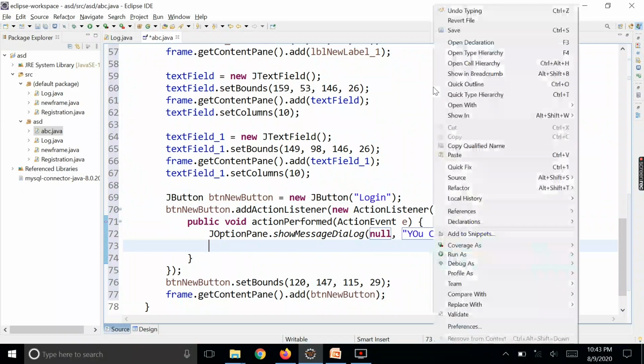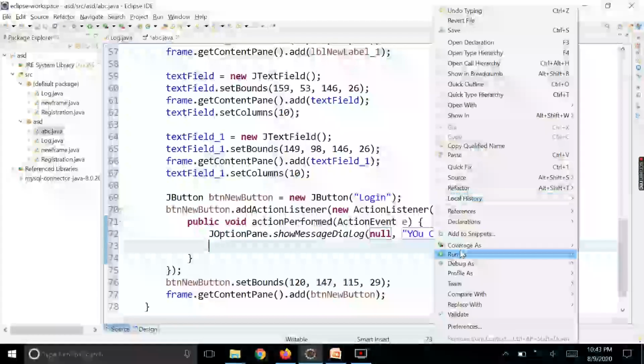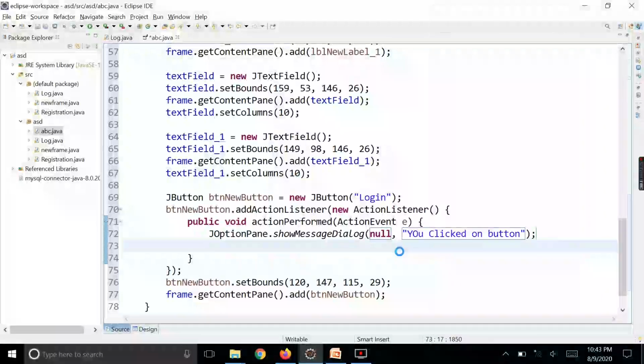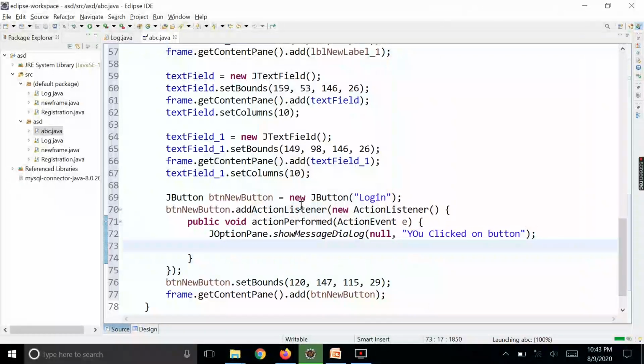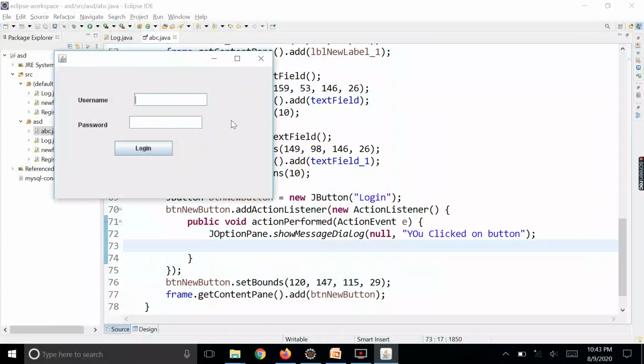Now you just right click on this, click on Run As Java Application. It will open a small window. I have not written the username and password validation, I have written only one message. After the login button, it displays the "You clicked on button" message.